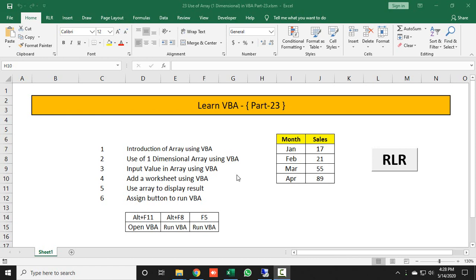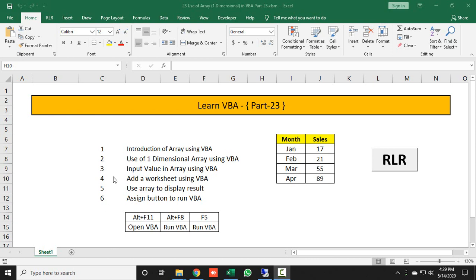So for this VBA has designed array. You can use an array in place of multiple variables, and display all your variable results in a single array.